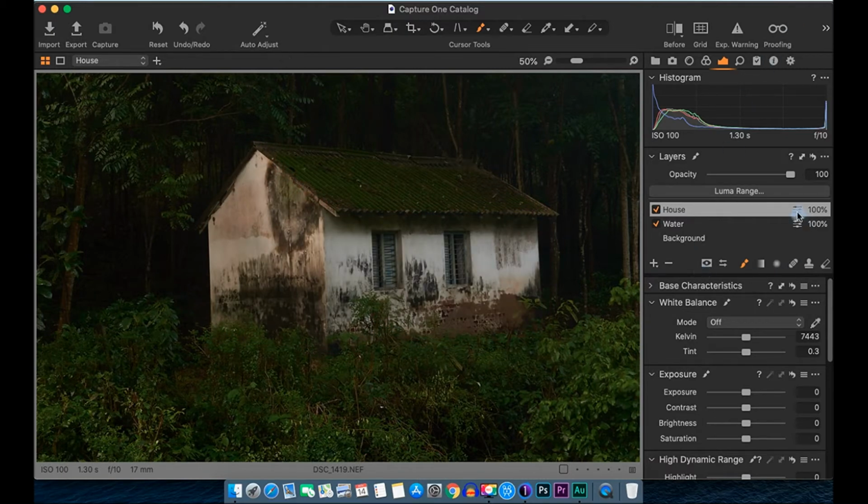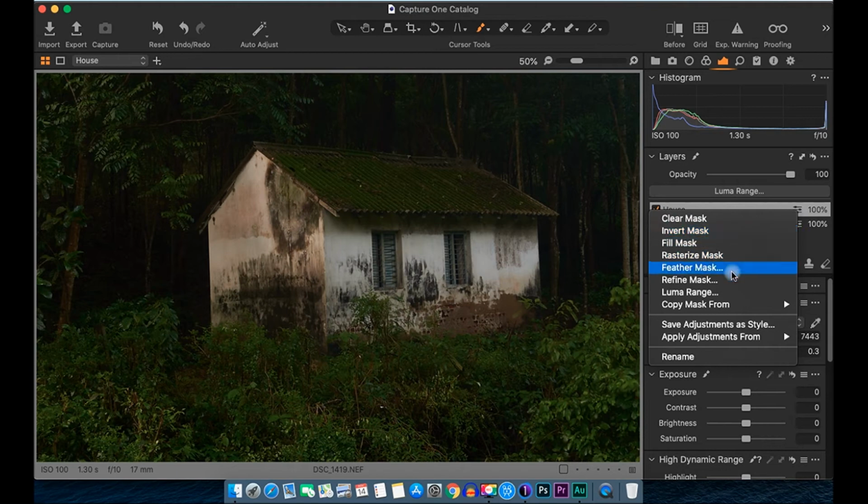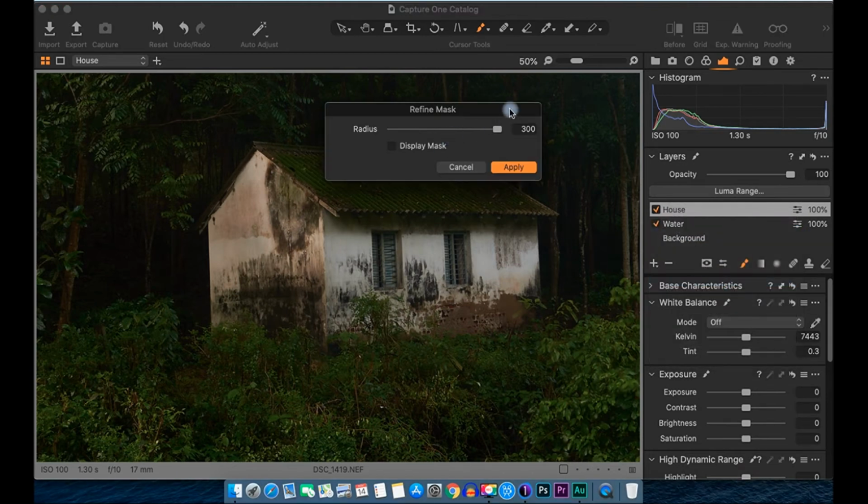Again right click and refine the mask. It is very important to use this tool. This time we will reduce it a little bit because the house doesn't have too many complicated edges. In the water section, where we had the leaves and too many complicated edges, you can go all the way to 100, but otherwise somewhere in the 90s is fine, it does a decent job.